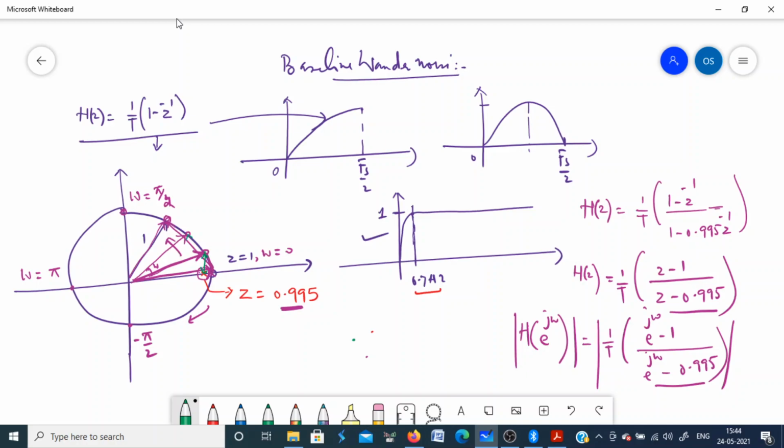If the omega goes to here, this is z minus 0.995. If omega goes here, this is z minus 0.995. Since they are divided by each other, and these two distances are almost equal because the pole and the 0 are very close to each other,